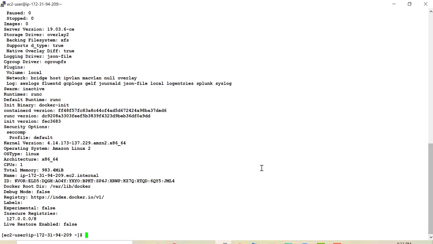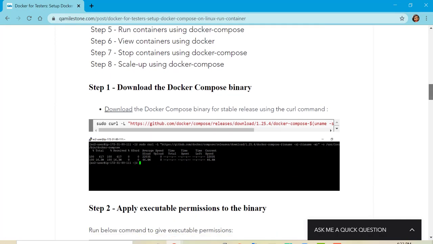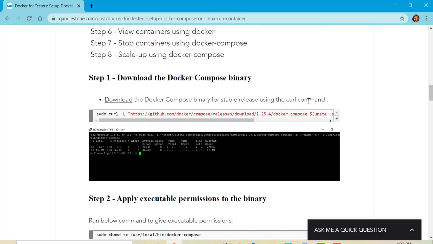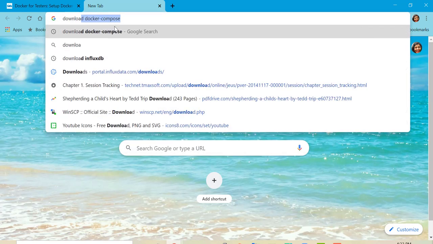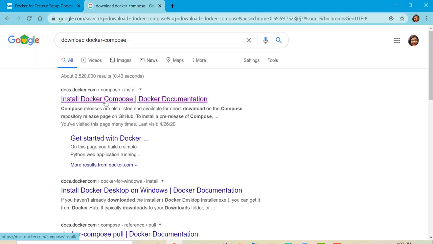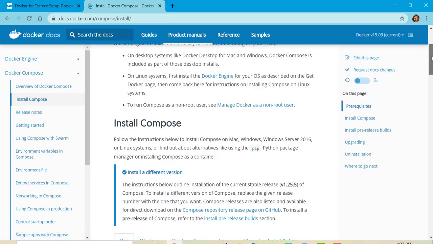Now what we will do, we will install Docker Compose, and I'll just clear this. So as a first step, it says download the Docker Compose binary. Okay, either you can copy this command or you can go to Google and say download Docker Compose. You'll be taken to the Docker official link. It also has very clear steps about installing Docker Compose.